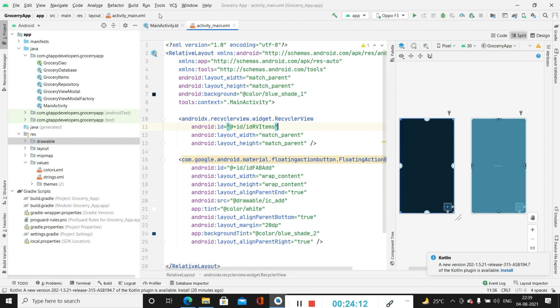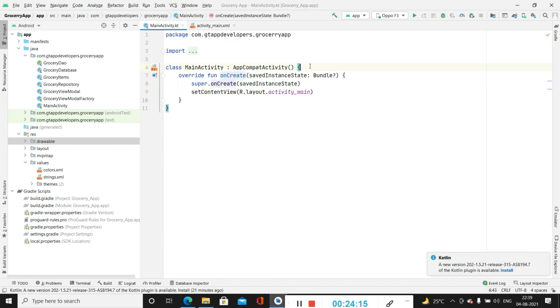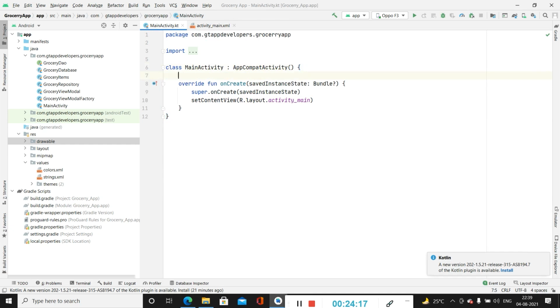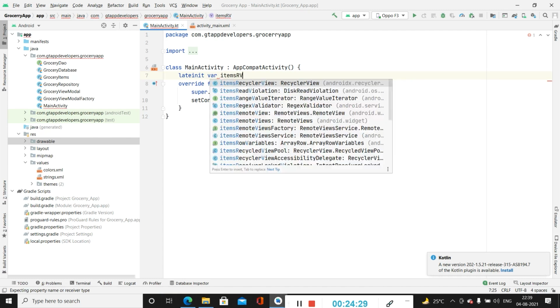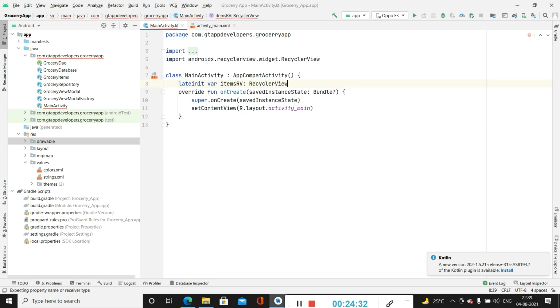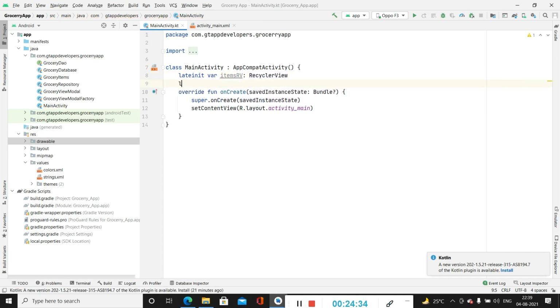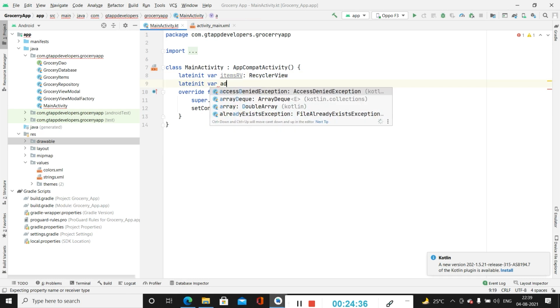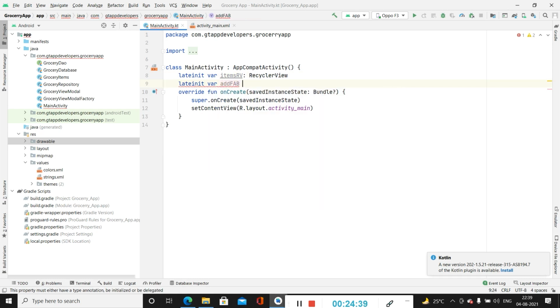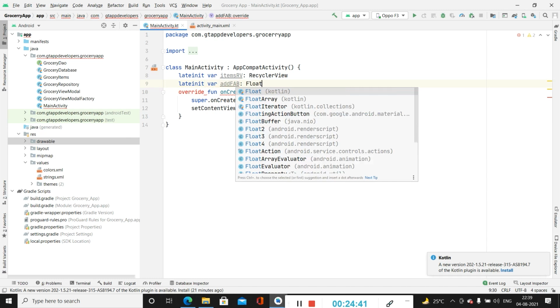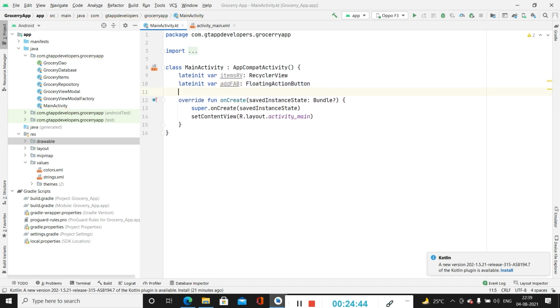So for that we will go to our MainActivity.kt file and we will be creating the variables for this recycler view as well as our floating action button. Now we will be initializing this with their IDs.